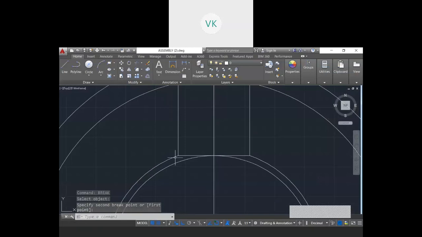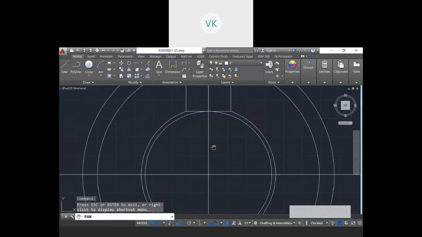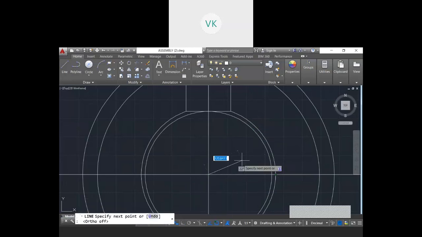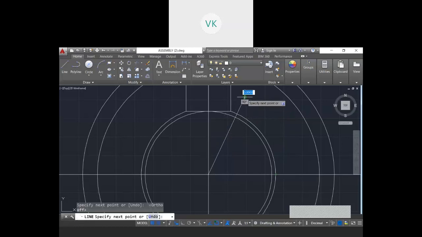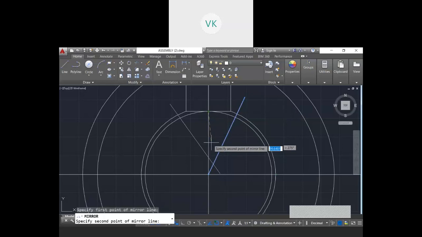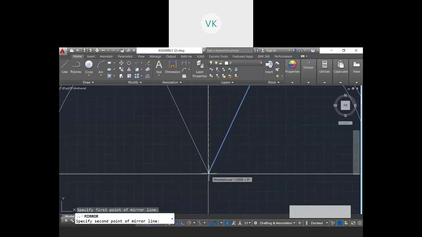Okay, now what I will do, I will take trim here. So I will take an angle of 65-degree line from the center. So you can observe here, this is 0 degree. So I will switch off the ortho first. 39 degree, 45, 52, 59, 60, 65 degrees here. So I will draw a line. Okay, then the same 65-degree I will take to the other side. I am doing a mirror image here.